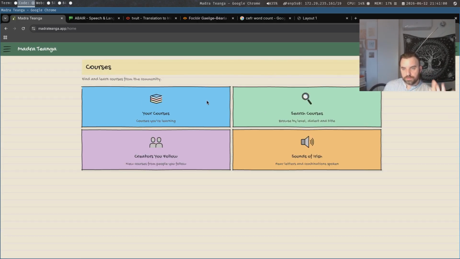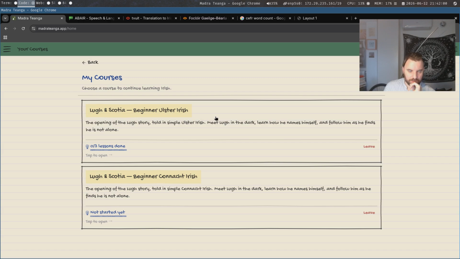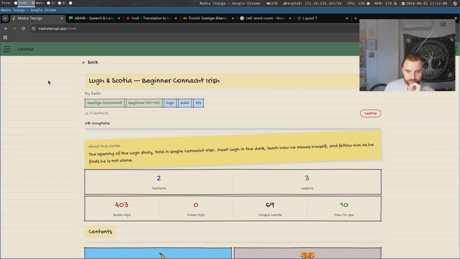But the main reason people will be here is for the courses, and I'll go into this one, and at the top it has the tags. Yeah, so this is not by me. I need to change this. This is by Adon. Just that I uploaded it, right? The level A1, A2, the scale is the story to start. This is the same as the one I made for Chunuk, basically, but it's just being proofread and brought across.